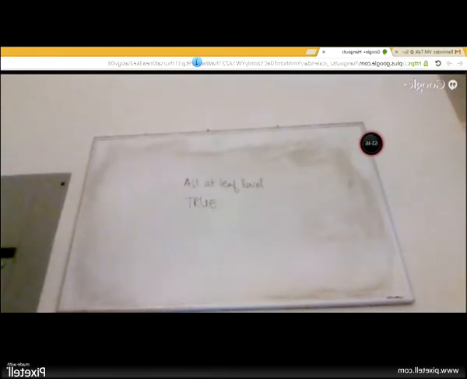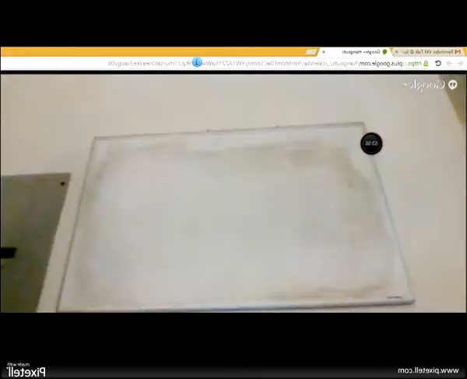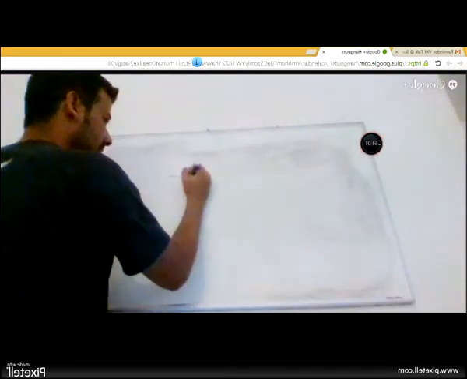I have another claim. It is possible to have a binary search tree with exactly one leaf, okay? Exactly one leaf.